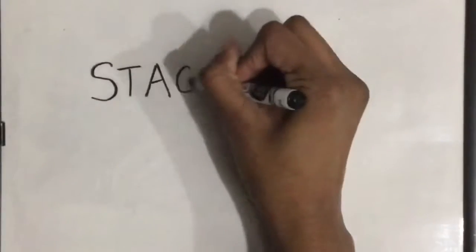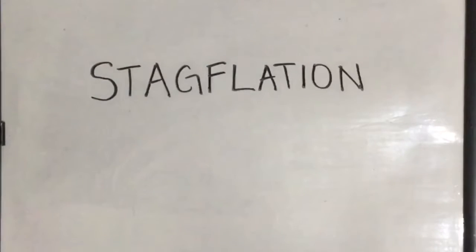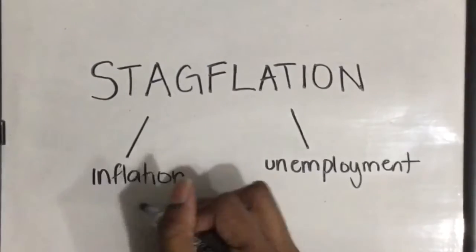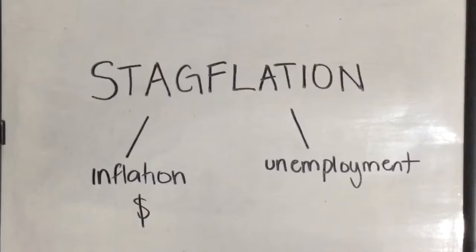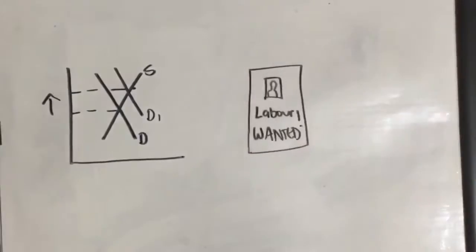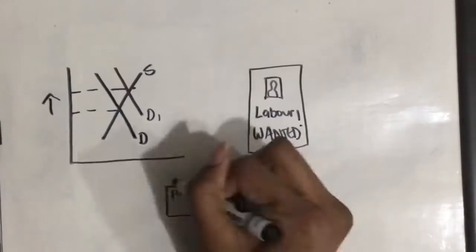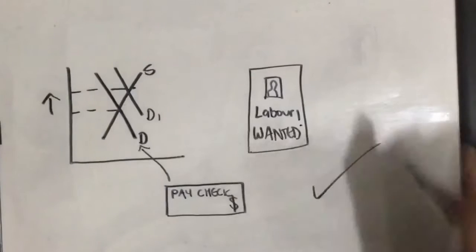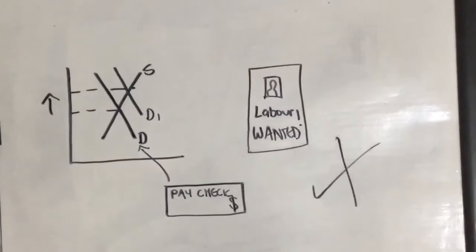Now let's take a look at the stagnant 70s, a period of time with stagflation. Stagflation, being an increase in inflation and unemployment at the same time, was something unheard of before this phenomenon. According to the theory derived from the Phillips curve, it was believed that an increase in demand for goods would drive up the prices, encouraging firms to expand and hire more laborers, giving them higher incomes and more money to spend. That makes sense, right? Well, that's why the 1970s didn't exactly make sense, because there was both inflation and unemployment.